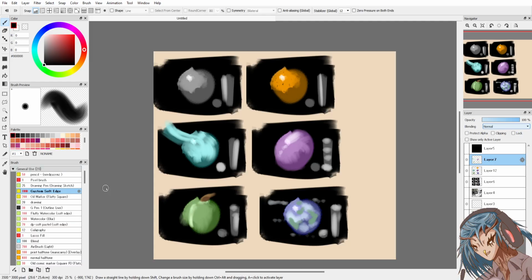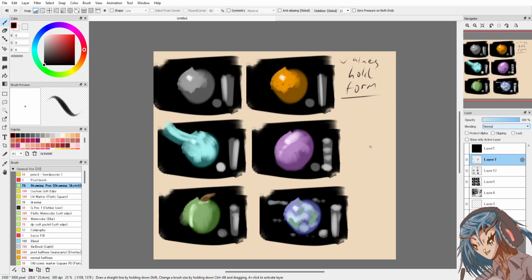What it is, values hold form. Values hold form, they tell us what we're looking at. No, that's wrong. Values hold form.